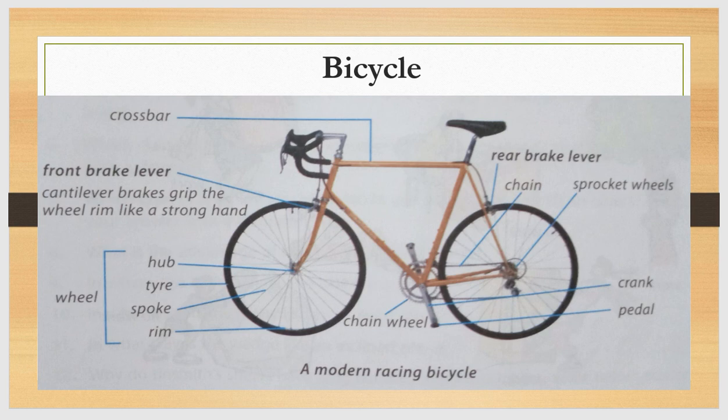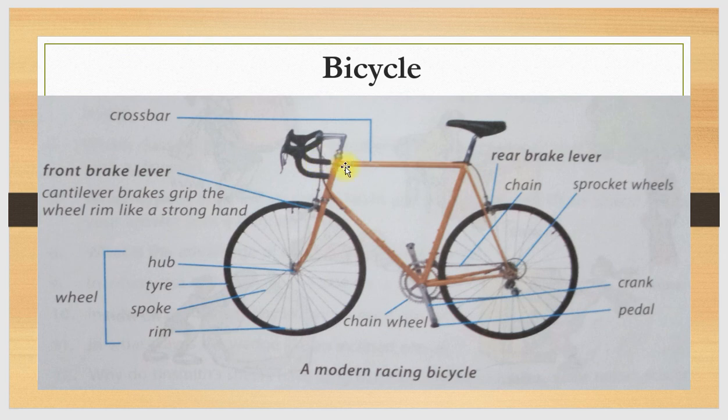So you balance the bicycle by turning the handlebars. These are the handlebars. You can turn them to balance the cycle. And to slow down, you pull on the brake levers. These are the brake levers. You can see over here, this is the front brake and this is the rear brake, and these are attached with this.